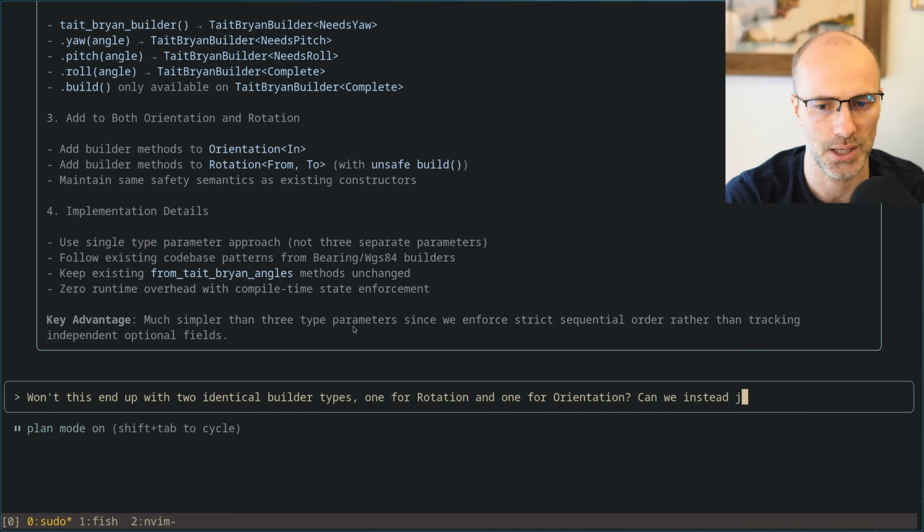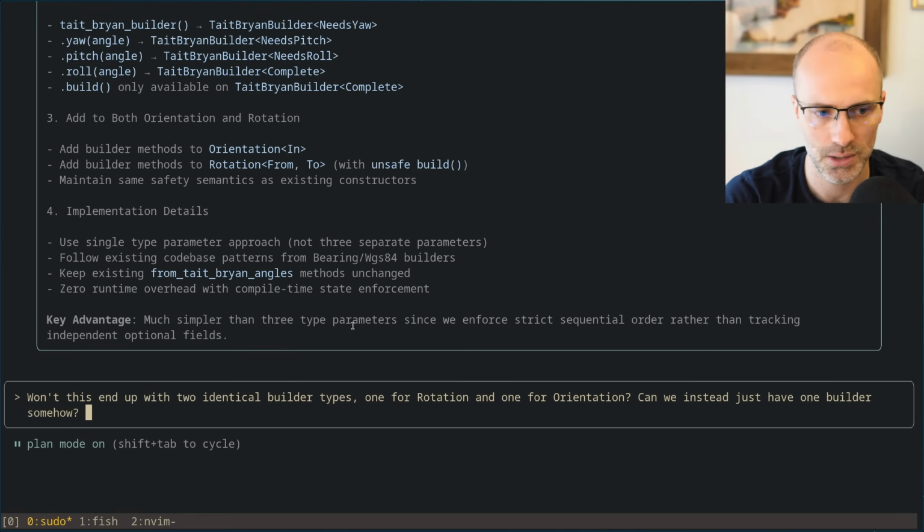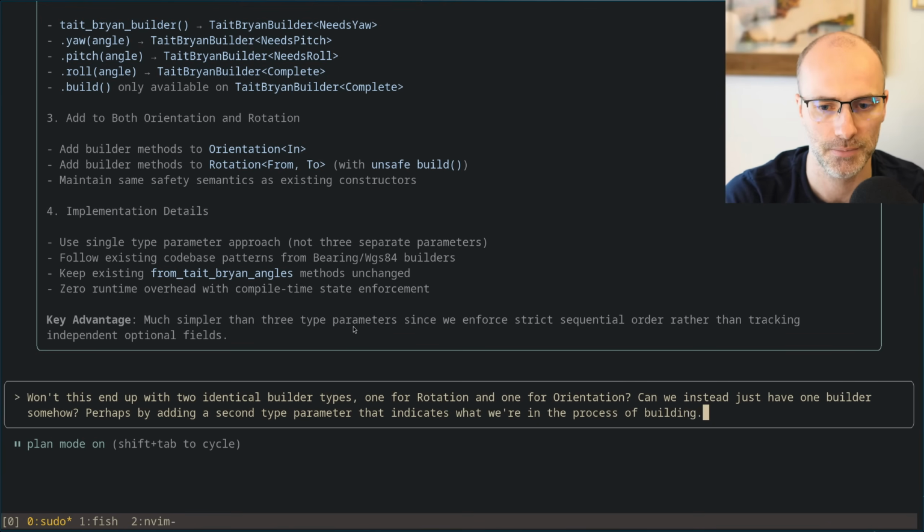Can we instead just have one builder somehow? Perhaps by adding a second type parameter that indicates what we're in the process of building.